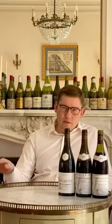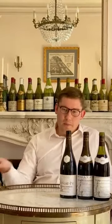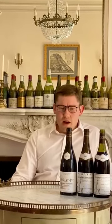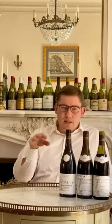But the stylistic changes in the cellar that you really notice in these three wines kind of fall in between the 07 and the 17, and I think especially when Dugat-Py began to transition over from his father. One of the most obvious things, and I think we sometimes conflate extraction, oak, and ripeness all as one, and these wines have always been picked pretty early, so ripeness is not really part of the equation, but you notice between the 07 and the 17 a real improvement in the quality of the new oak that